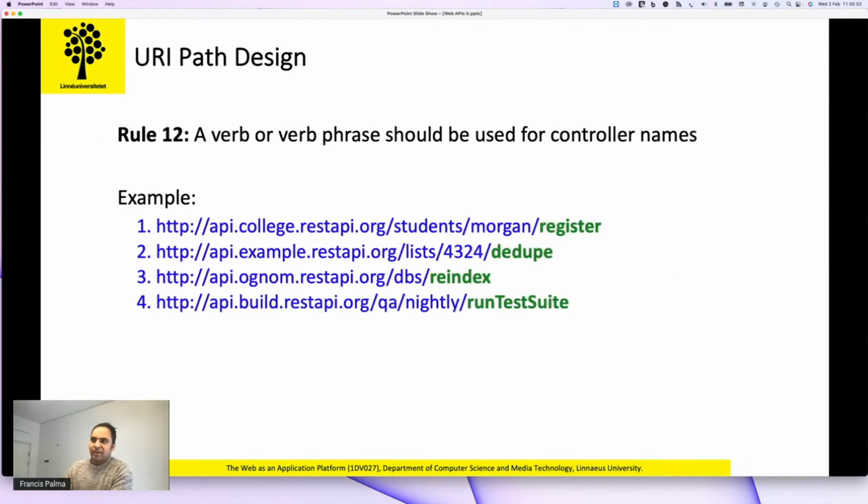That was rule 11, and rule 12 is about controllers. Your controller names should always be a verb or verb phrase, because it's a method or function that is doing something. And we use controllers only when our HTTP methods do not allow us to directly make such a request. For example,